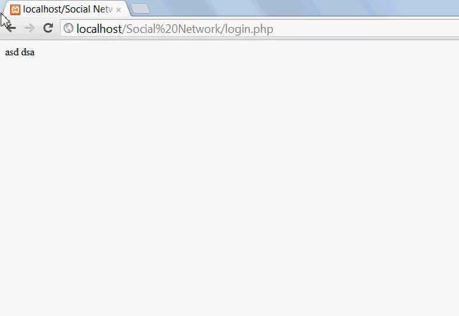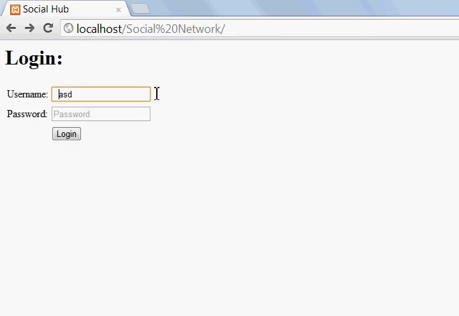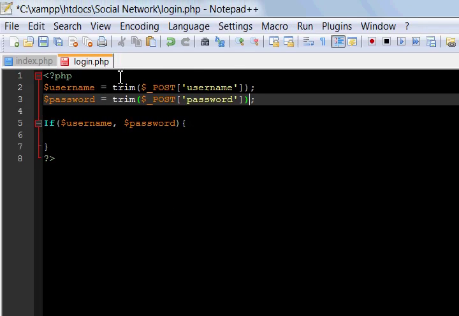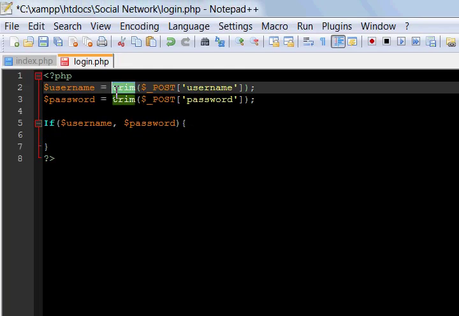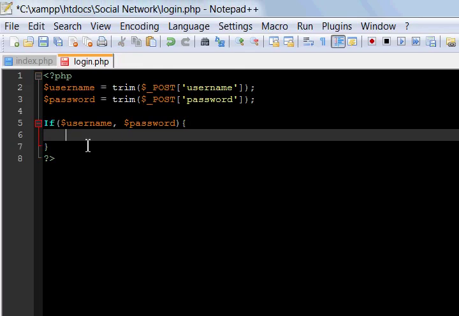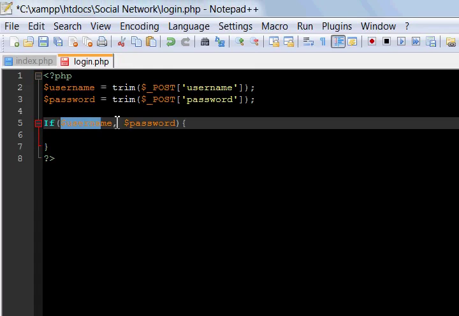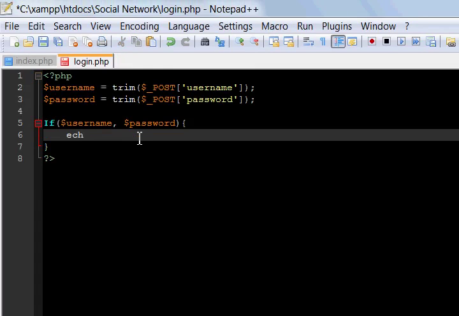So if anyone puts space space space ASD space space space, then these spaces right here won't count inside the PHP server. We really want that, otherwise it would take the object as existing. So if there are only a bunch of spaces, this trim function will remove them, so it will not be existing. Then this if won't be completed, and if it gets completed, echo